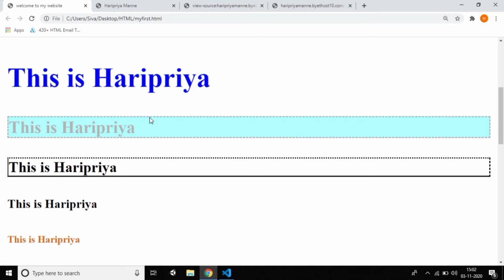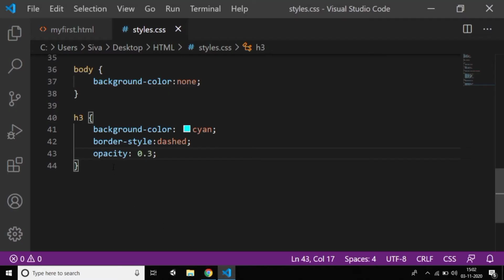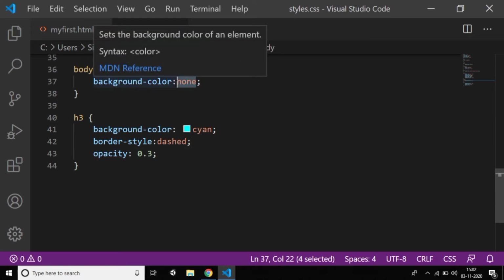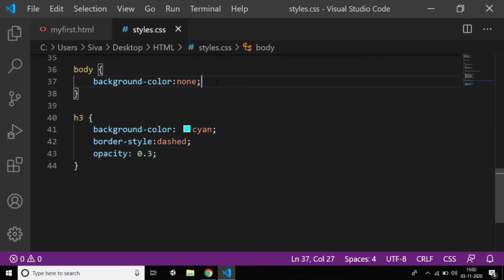Instead, you can give the background directly. If you want a green background for the body, where I gave none, you can give the background directly as RGBA. I already explained RGBA: it stands for red, green, blue, and alpha.